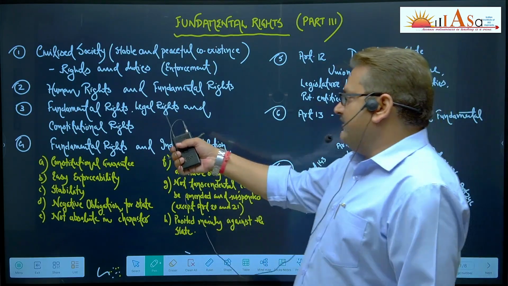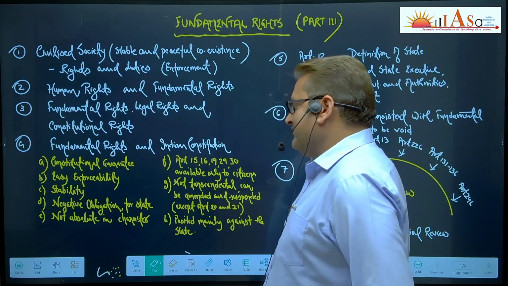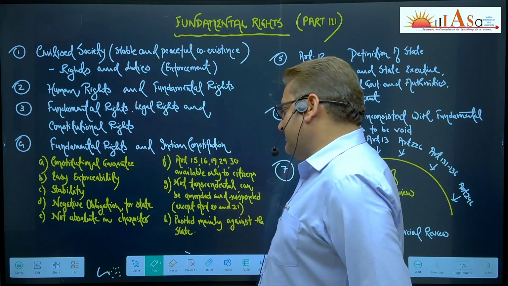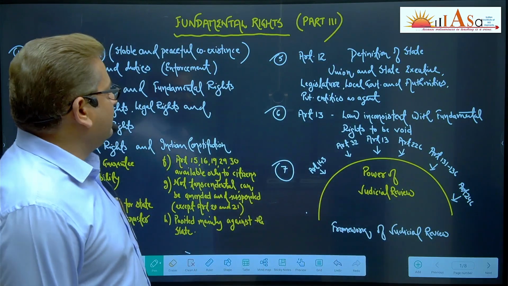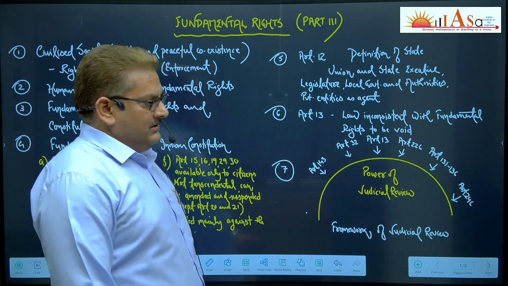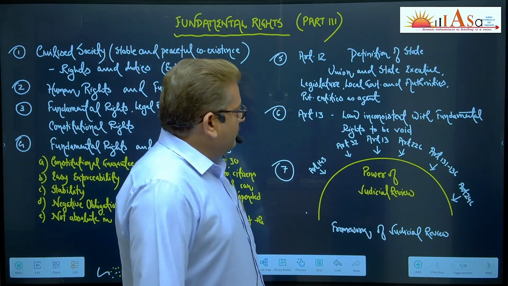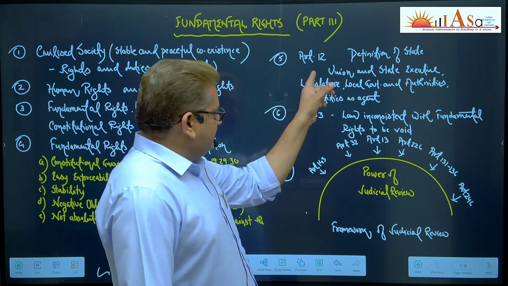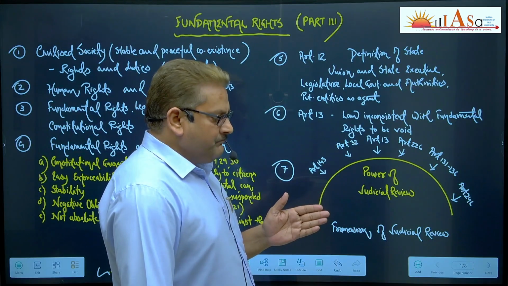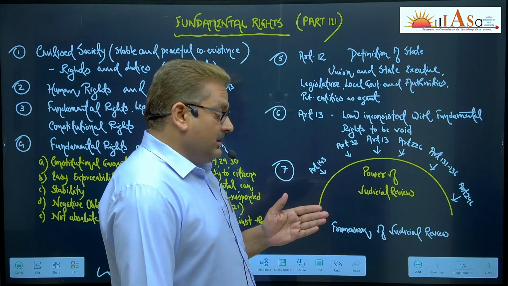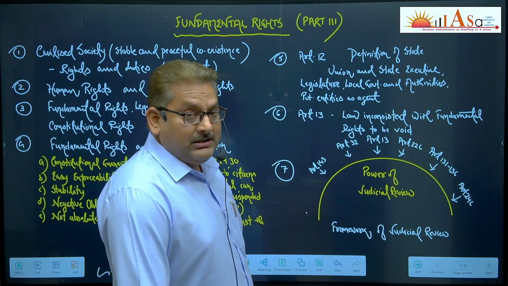Then you have fundamental rights, legal rights, constitutional rights. I have discussed fundamental rights and the Indian Constitution, and the important things associated with fundamental rights. Then I discussed Article 12 and Article 13. Against Article 12 and 13, we have to examine fundamental rights. Here, you enjoy rights against the state. Fundamental rights hold a lot of significance. In the absence of fundamental rights, a state cannot be called a democratic state.